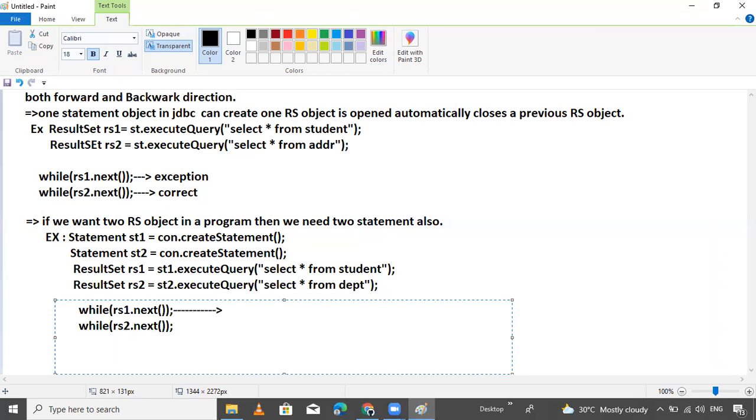If you observe the last point, then you are able to give the answer. Is this statement correct or not? Yes, here it is correct.